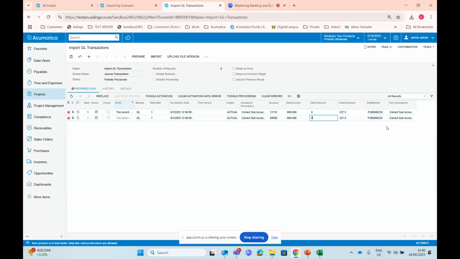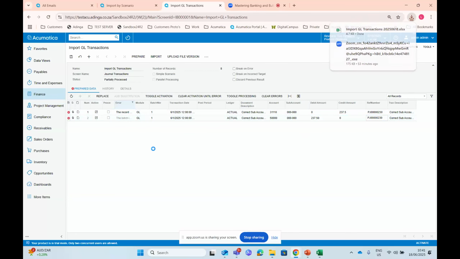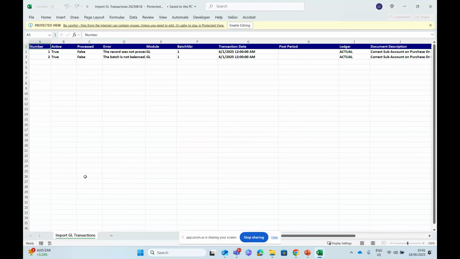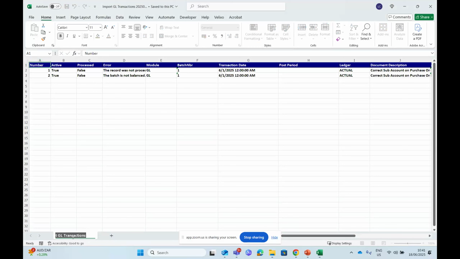You can fix it on the screen and you can import it. Or you can filter out your errors. You can export it. Very important here is your tab, okay? So I need to change my tab back to what it should be. I can actually leave all the other stuff just as it is.